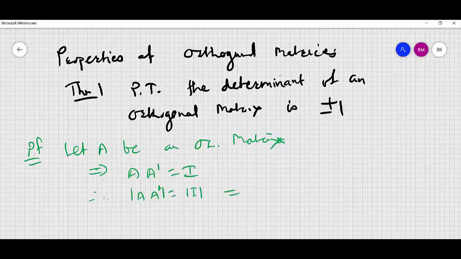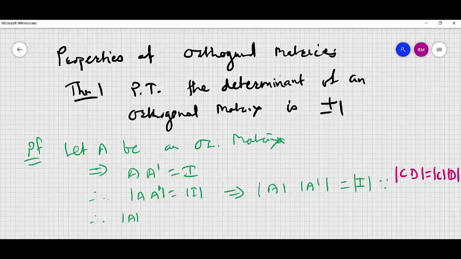we get this step. And observe that use the property of determinant, that determinant of AB is equal to determinant of A into determinant of B. So here determinant of A into determinant of A dash is equal to determinant of I, because determinant of C into D is the determinant of C into determinant of D. Here C equal to A, D equal to A dash. So